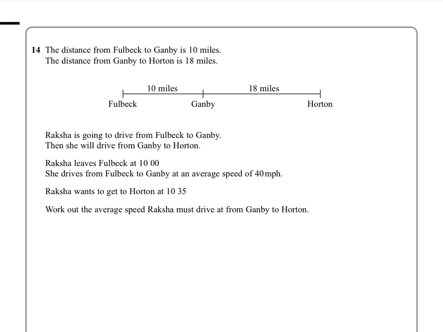So in this question you've got to be careful. It says she leaves at 10 in the morning here and travels at an average speed, so over the distance of 10 miles the speed is 40 miles per hour. Now this is a distance of 10 miles, so if you look at the units here, 40 miles per hour,